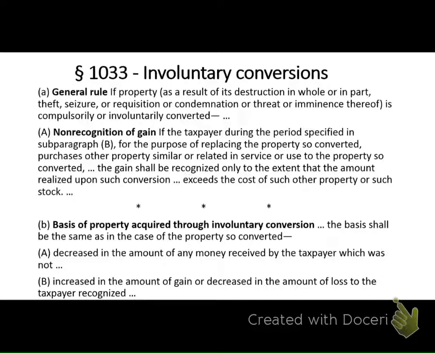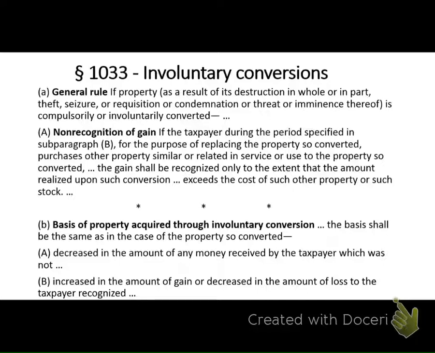Carl could have taken his old property. His old property had a fair market value of $600,000 and an adjusted basis of $250,000 when we started the problem. So if his property wasn't involuntarily converted, he probably could have taken a second mortgage out on it or refinanced his mortgage and increased it, right? If he had an adjusted basis of $250,000, there's a lot of gain in there. So if his mortgage was significantly lower, presumably it was, then he could have refinanced it. And so we're not going to penalize him here.